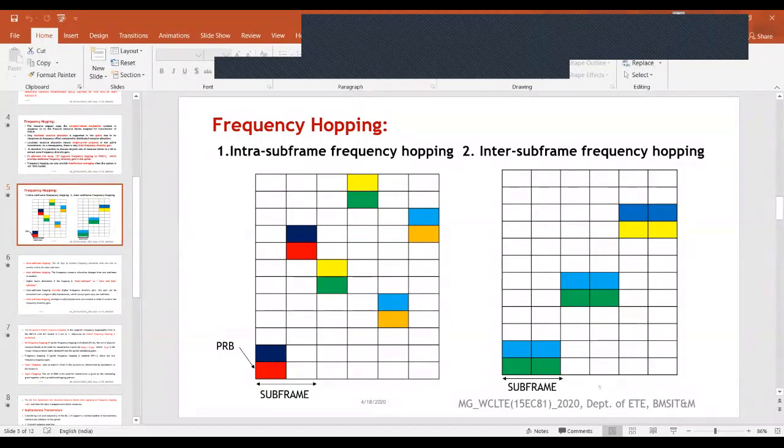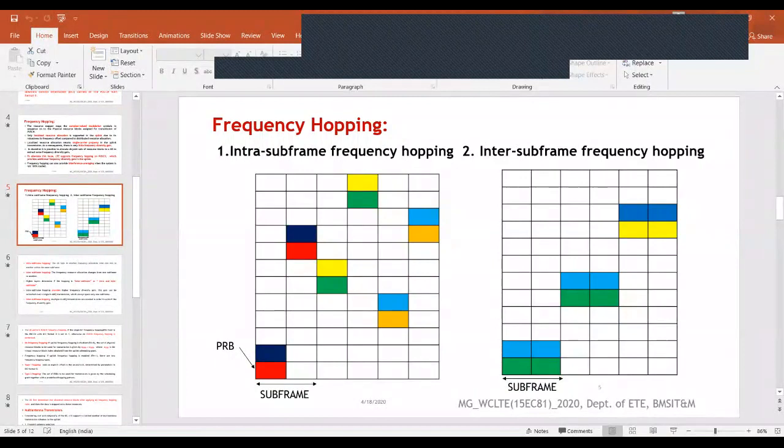With that, it is possible to have a frequency diversity gain. See, I have taken here one example. This is one subframe, this is one user, this is another user, and he hops within the subframe from one slot to another slot. This is slot 1 and this is slot 2.